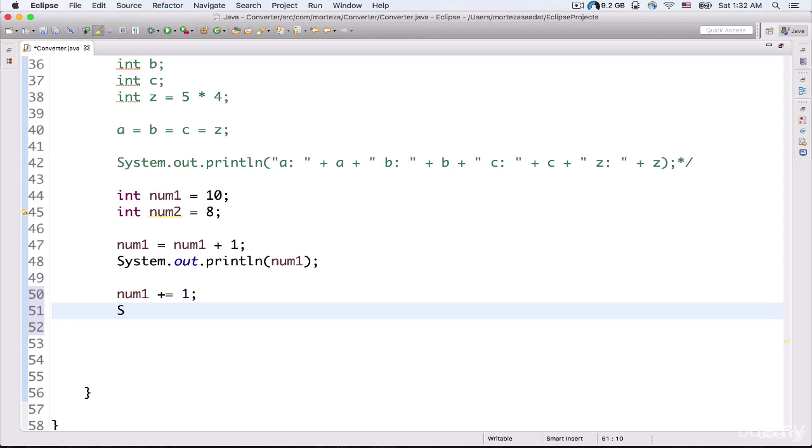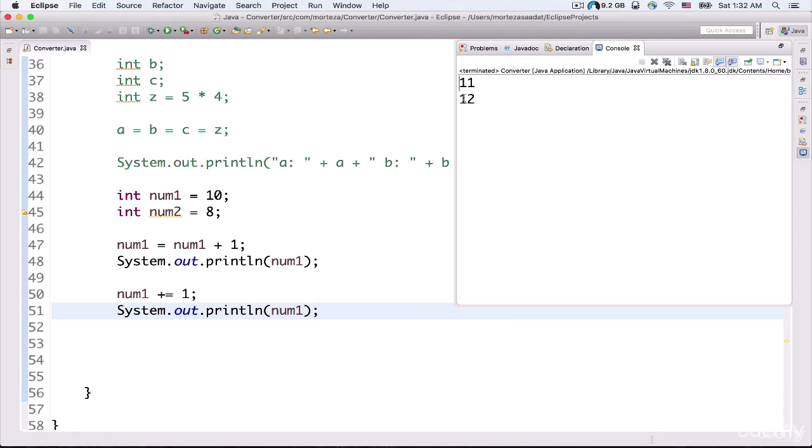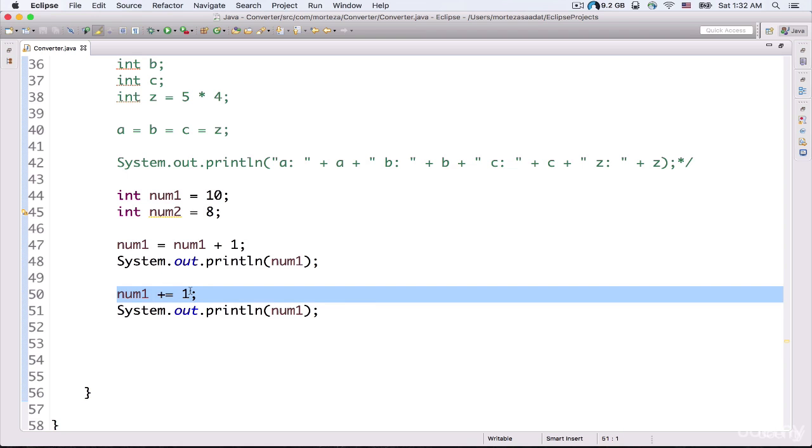And at the end of my statement, I need to add the semicolon, okay? So if I actually output the value of this variable to the console now, system.out.println, and then inside the parentheses, again, I need to refer to the name of my variable, and I need to actually add the semicolon at the end of my statement in order to end this statement here. And if I run my project, as you can see, it's gonna output this value to the console, okay, number 12, okay? So here in this line of code, we added one value to our variable.